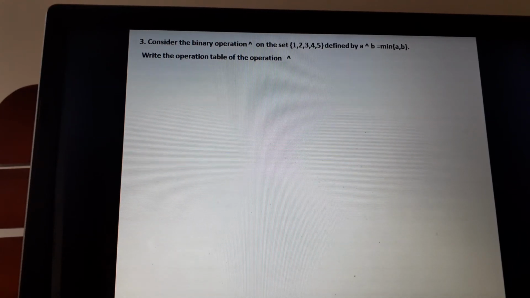In the same way you can also write maximum, so that can be another operation table. Operation table means you have to just construct this. So you write the symbol here, and horizontally you write 1, 2, 3, 4, 5. The same thing you write here also, 1, 2, 3, 4, 5. Then what you do is, minimum of 1 and 1 is 1 only. Minimum of 1 and 2 is 1. Minimum of 1 and 3 is 1. Minimum of 1 and 4 is 1. So all this will be 1.